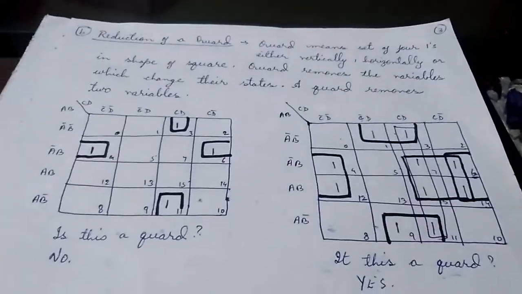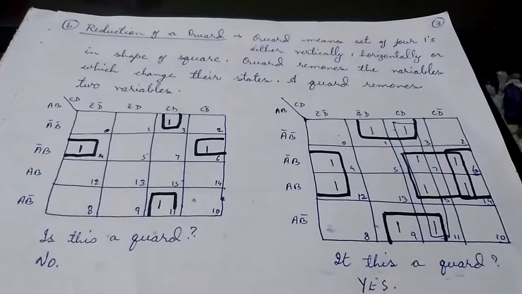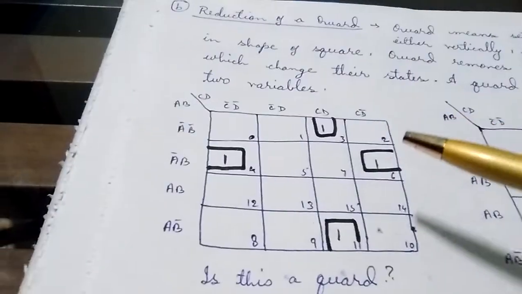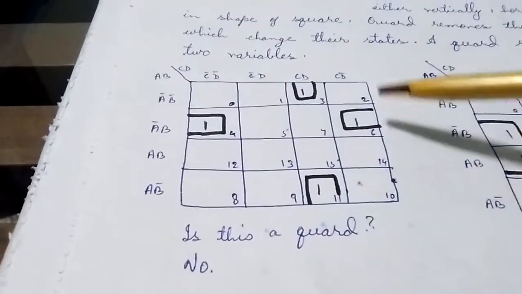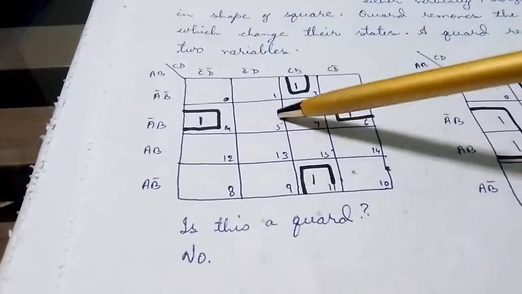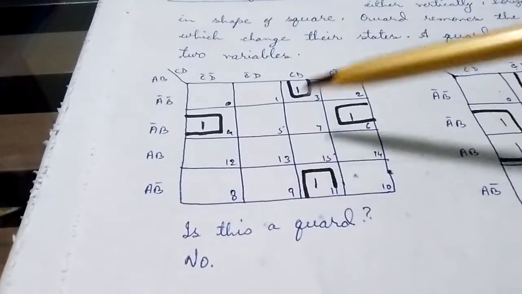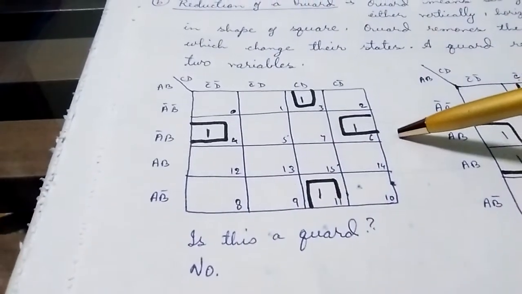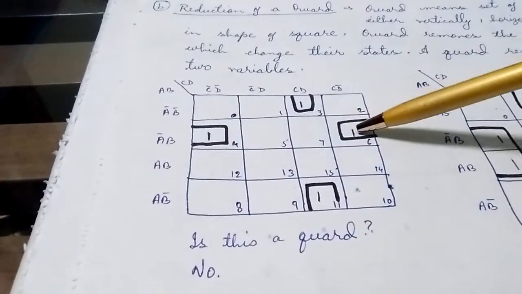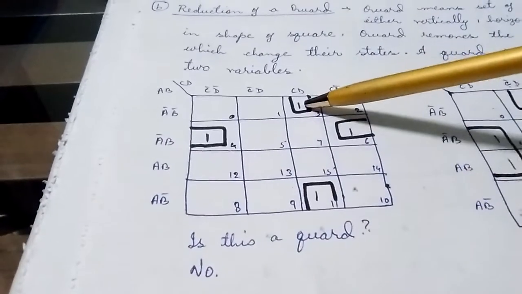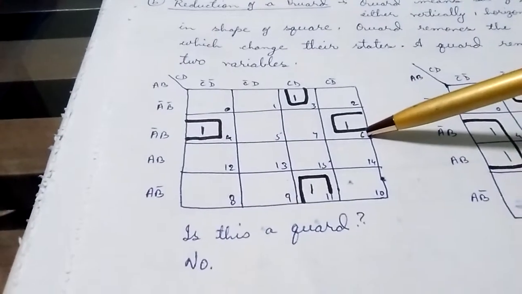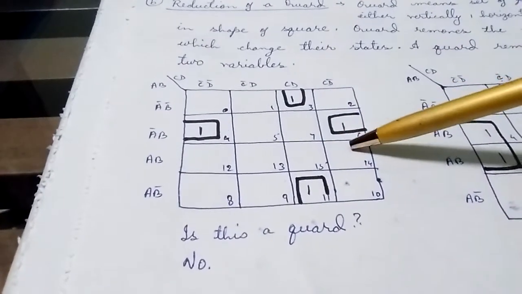We see here some example K-maps. See the first one. This is also one K-map where we are having some ones. Remember, always the empty places will be filled with zeros. So is it a quad? No. Even though there are 4 ones, it is not a quad because they are in pairs. See, this one and this one is a pair, and M4 and M6 is a pair. So this is not a quad.